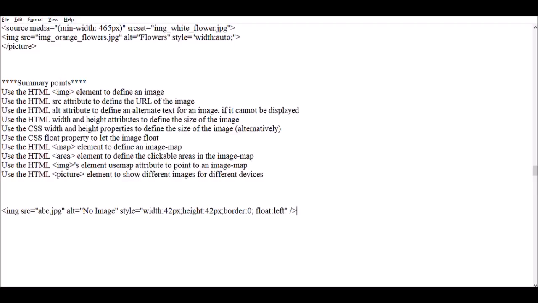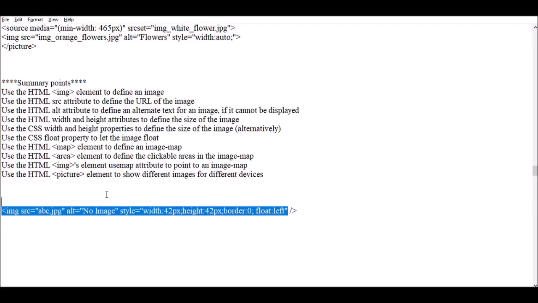Then close the image tag. CSS float property set to left means the image will be placed to the left of the screen.